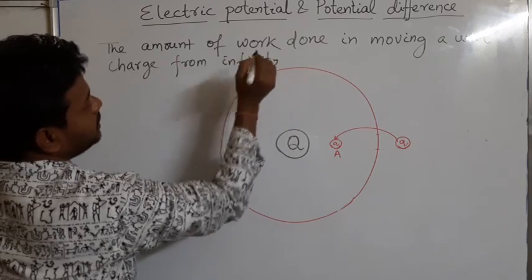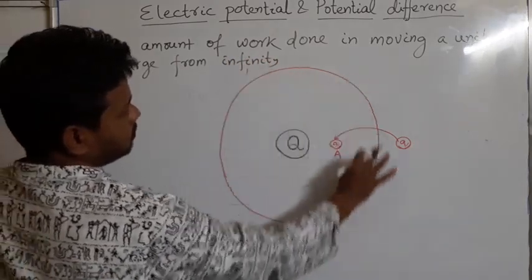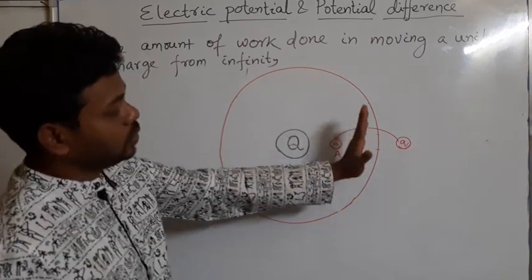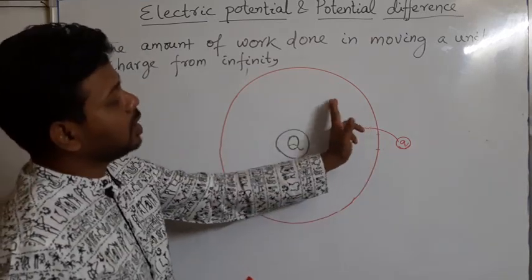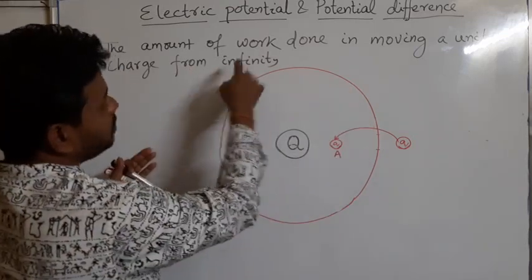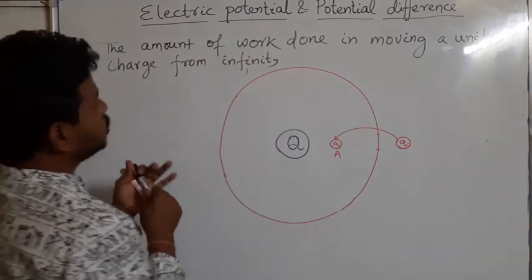Why am I telling infinity? Because the last point of this boundary we cannot be sure about, how much extent the boundary will be there. So we are taking from infinity to